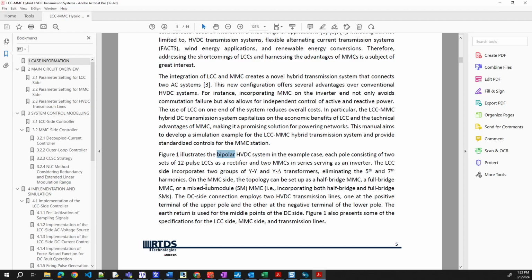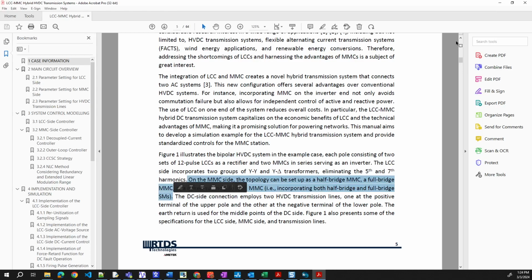Okay. On the MMC, the topology can be set up as half-bridge or full-bridge MMC, or mixed module. Okay, this is interesting. You can do this option.